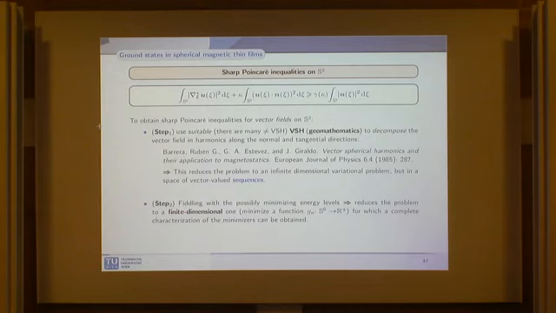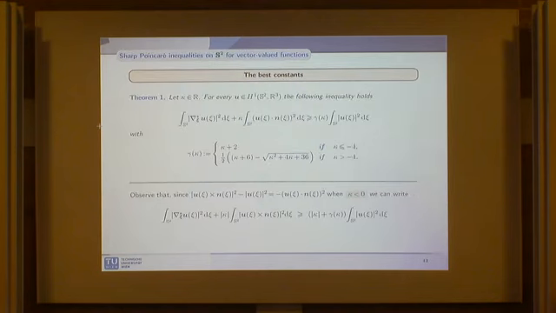But then, by writing the Lagrange equation on this space of sequences and playing with the equation, we realized that the problem can be reduced to a finite dimensional one, as a problem from S2 to S6 to R plus, and then you can obtain a complete characterization of the minimizer. So I will give you the result.